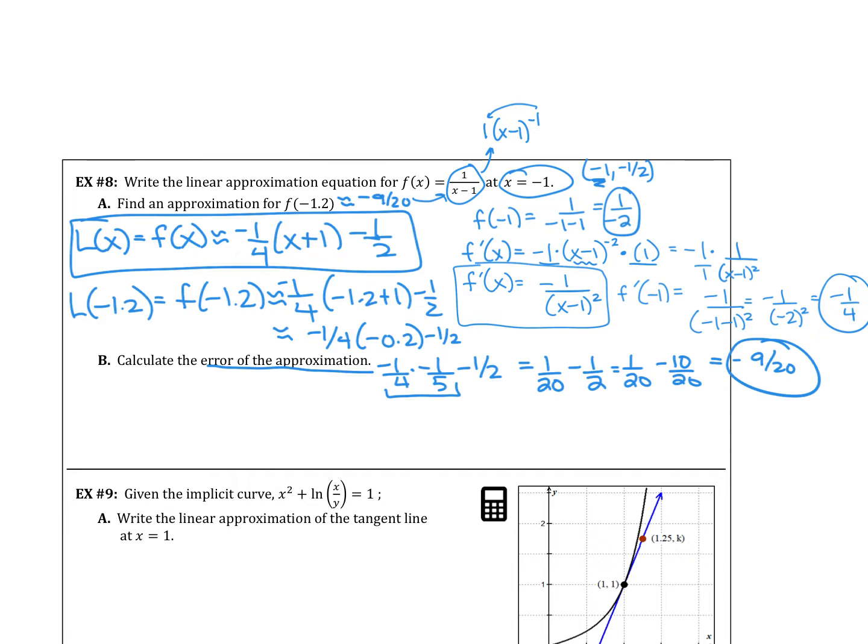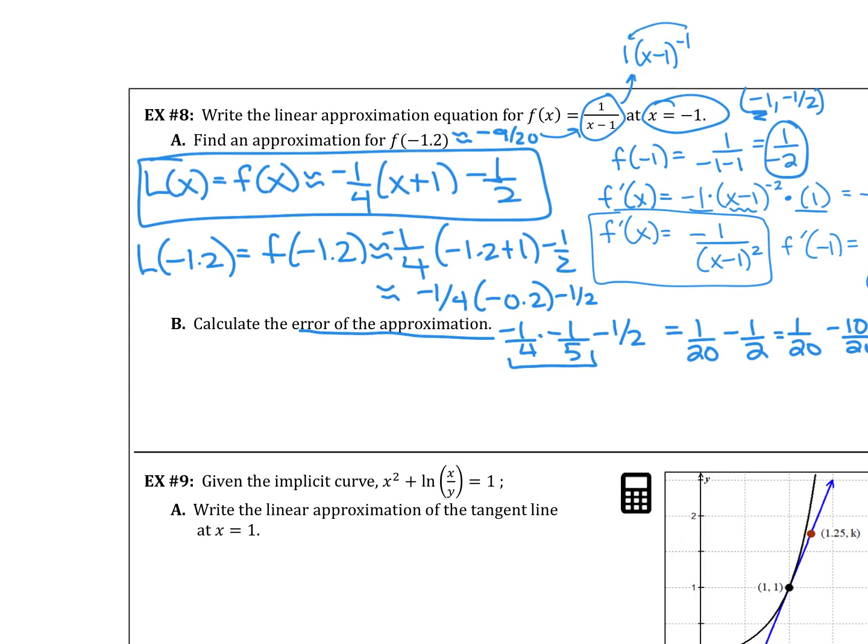If I graph my linearization equation, y equals negative 1/4 (x plus 1) minus 1/2, we can see that the linearization, the tangent line, is above the curve, on top of it. So anything we do with our linearization equation near that point is going to be an overestimate of the actual value. I can make that dotted. And